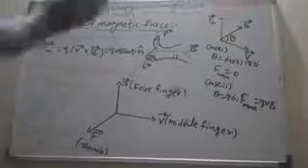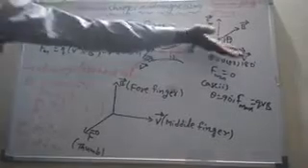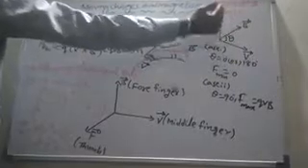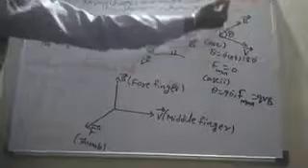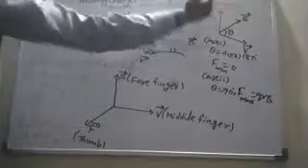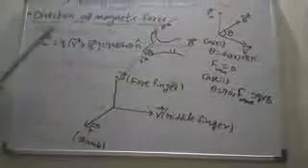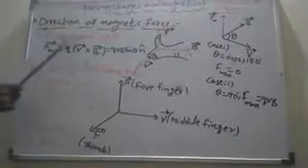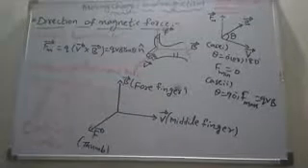In the same way, stretch your palm along the velocity of the charged particle, and curl your fingers towards B. Now, in which direction is your thumb open? Perpendicular to both v and B, the thumb is open. That is the direction of magnetic force. By using this diagram, we can easily understand the right hand palm rule and the direction of magnetic force.